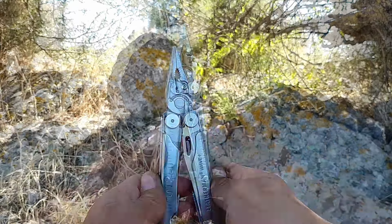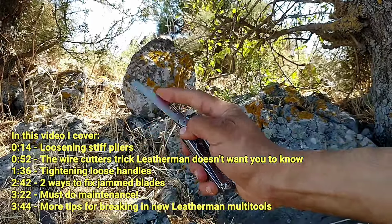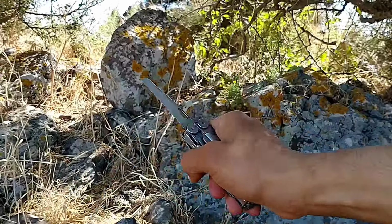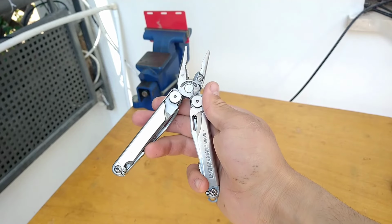As a soldier and avid DIYer, my Wave Plus is by far my most used tool. Leatherman are incredibly versatile multi-tools, but they often come with several defects you can fix easily to improve the one-handed usability of your multi-tool. At first, the pliers were closed shut so tightly that I was only able to open